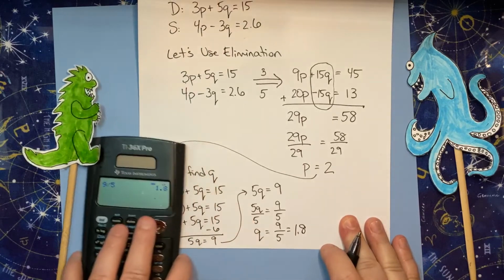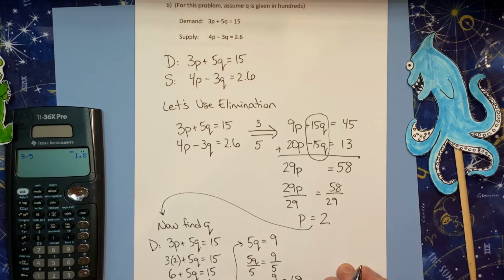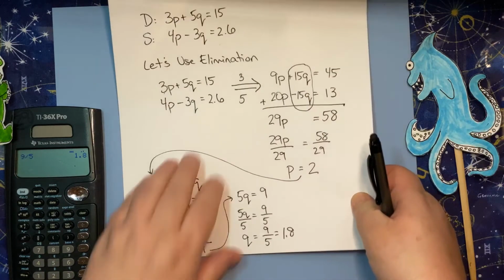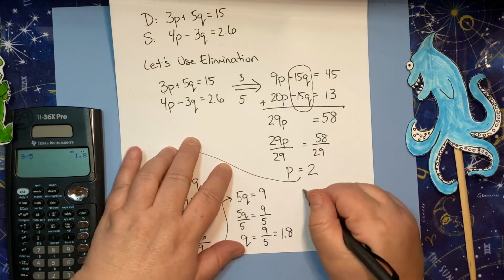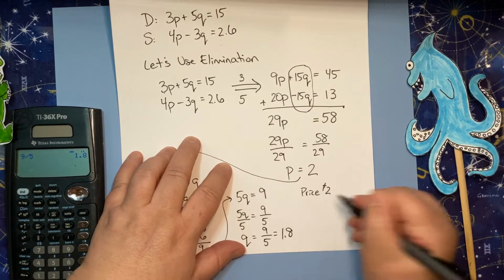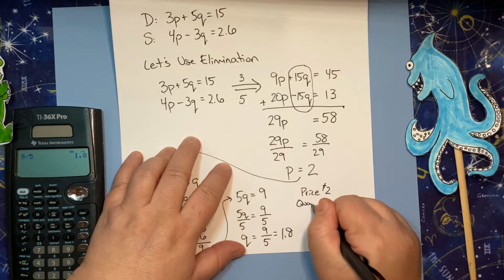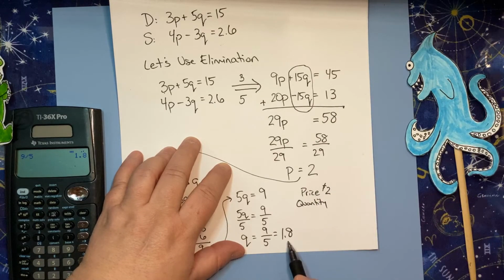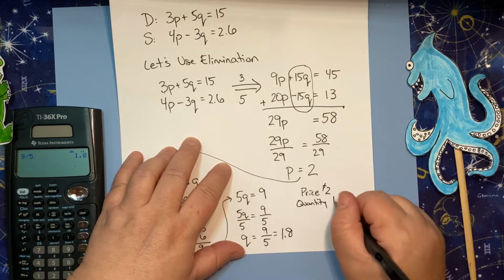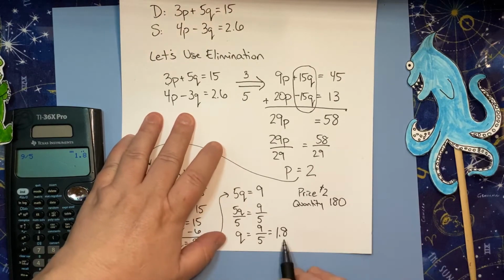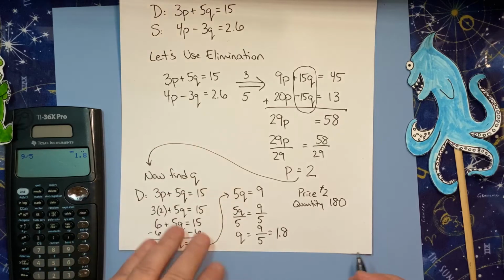Okay, so what the heck? And then I come up here and I go, oh, Q is given in hundreds. So my equilibrium point is going to be my price is $2, and my quantity is 1.8 in hundreds, so it's 180. If that makes sense, because Q is 1.8. Now, if we want to check it,